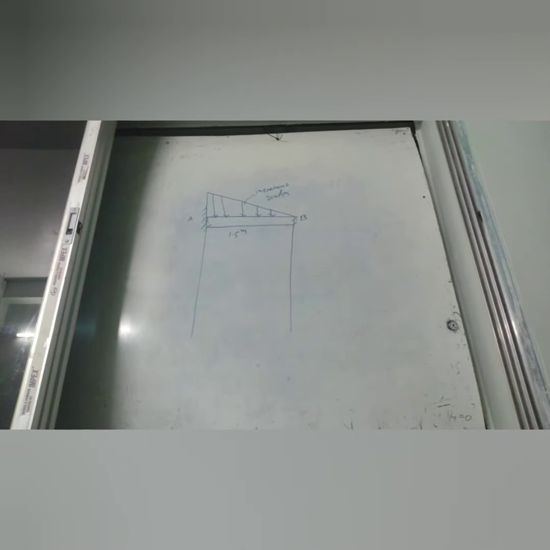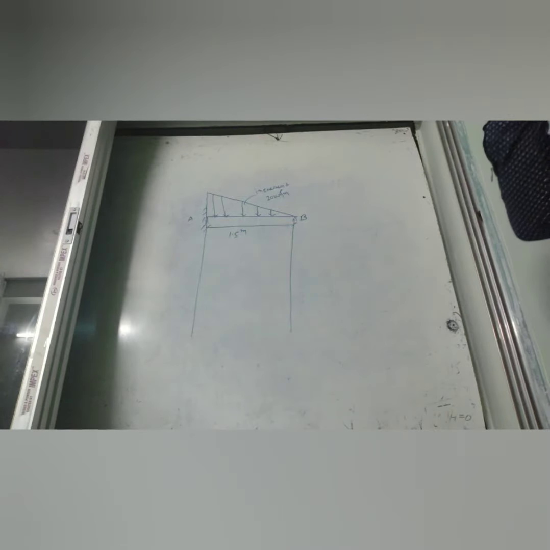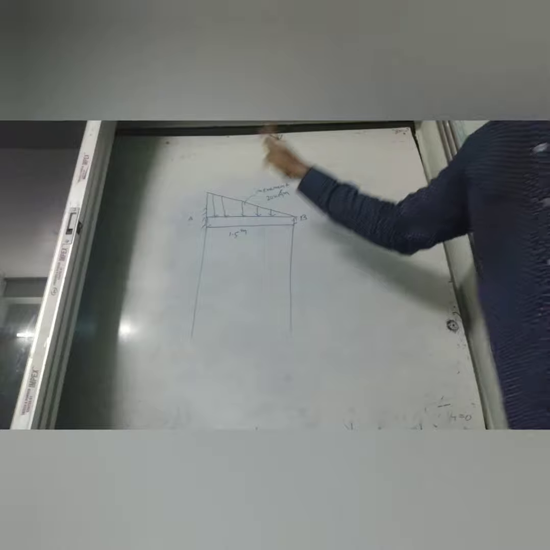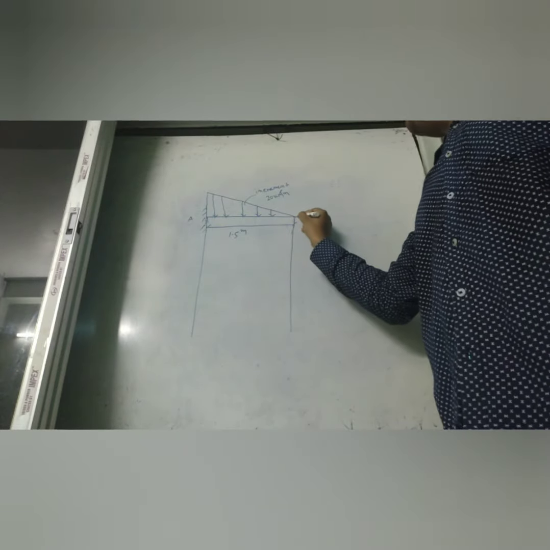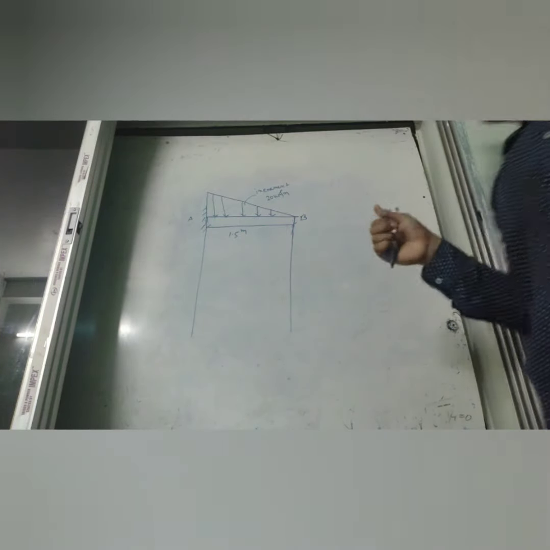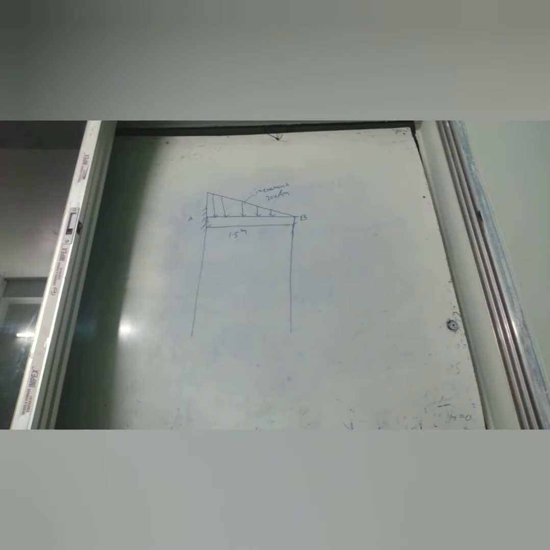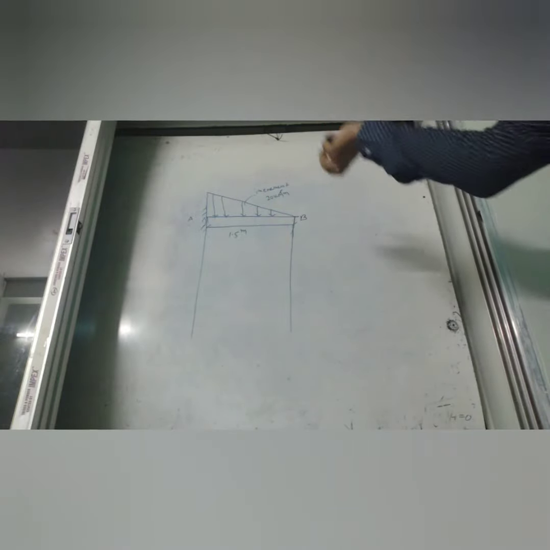So this mathematical problem is given where the length of the beam is 1.5 meter. One side is fixed, another is free. So this is a cantilever beam. Okay, this is not a support, I will draw only a line. One side fixed, another side free. So here we calculate the shear force and bending moment and draw the shear force diagram and bending moment diagram. Here the UVL is given, 20 kN per meter increment.